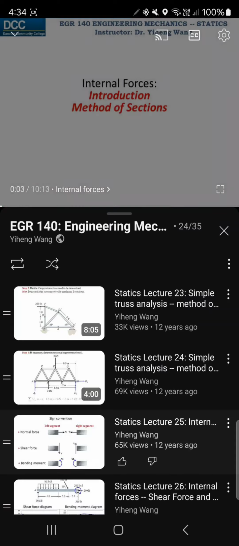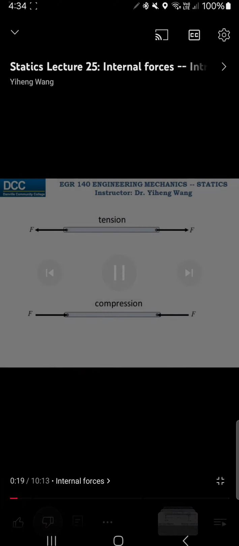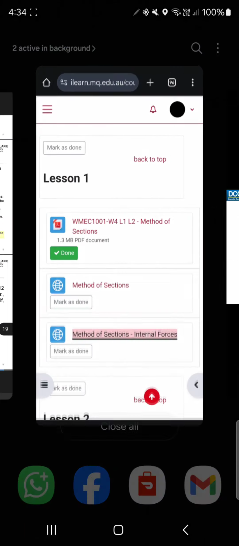We actually have already learned a little bit about the internal forces when we studied the simple truss analysis. For a truss member with forces acting on it, the member could be in tension or compression. And although the forces only act on the two ends,